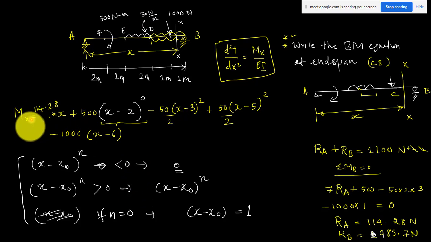The only benefit I'm getting is that I'm writing only a single equation, and I will be able to solve with the help of only that single equation. If you write different equations, it will become very complex. So instead you write a single equation, but you have to keep in mind this singularity function, whenever it is coming negative. Negative means if the x value is less than 3, this term is negative. So these terms should not be considered for that segment.